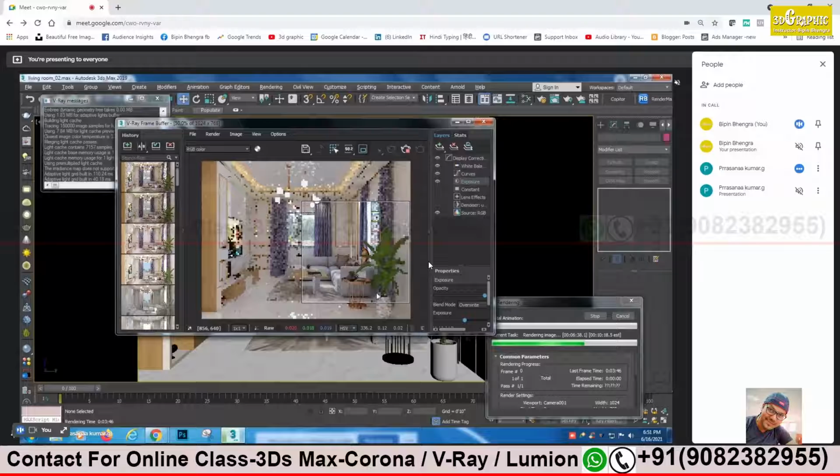Can you do that mouse render kind of thing? You know how to mouse render, no? Wherever you keep your mouse, that part will be rendered. Yeah, that spray render, sir. Just see on top there is an option, on the left side. Yes, follow mouse. Click that and put your mouse. Don't drag. Just keep your mouse on top of that plant.